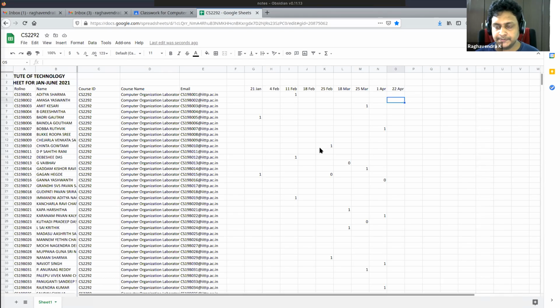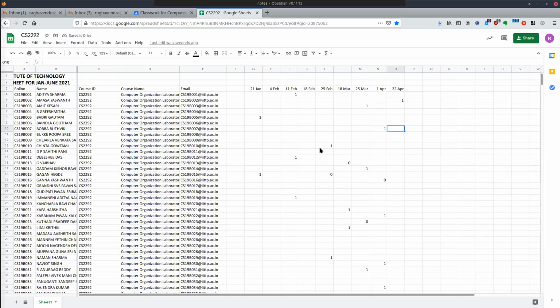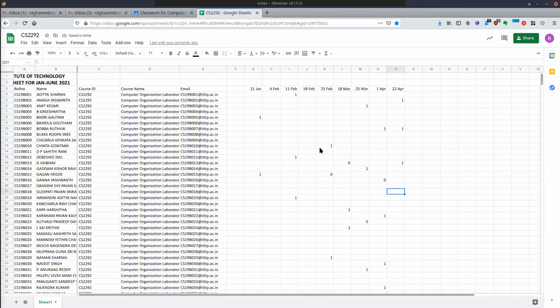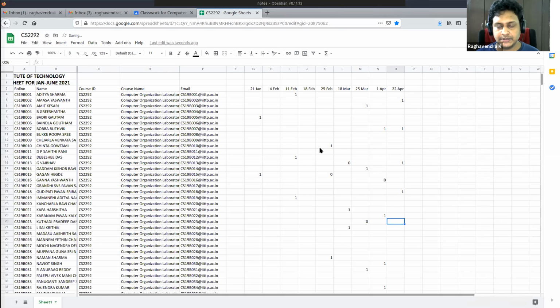Yashwant? Bubba Rutik? Present. Vaibhav? Yes, sir. Pawan Sriram? Yes, sir. Pradeep Das? Sai Kritik? Nagendra Deepika?